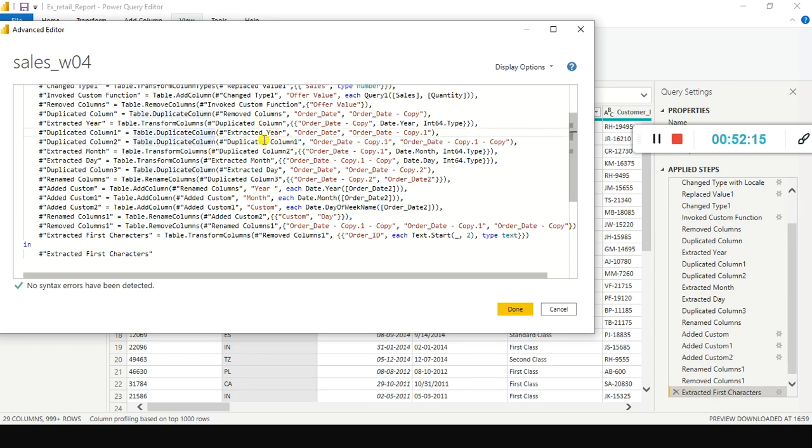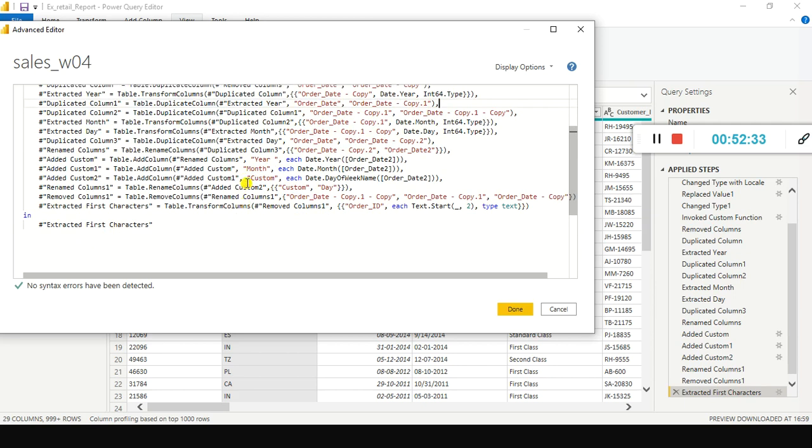Duplicate column. I duplicated the order date column. You remember it, right? So in order to do the duplicate, what command from the M language side did it use behind the scene? Order date copy 1, something like that. And look here, in this case month, we extracted month, right?